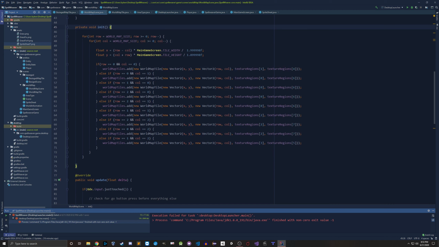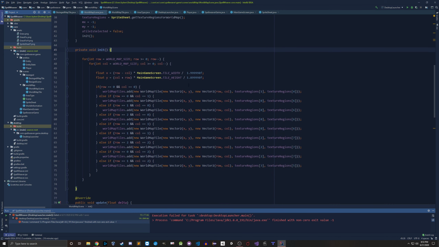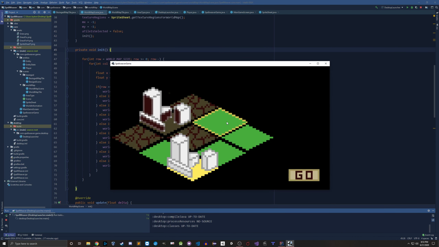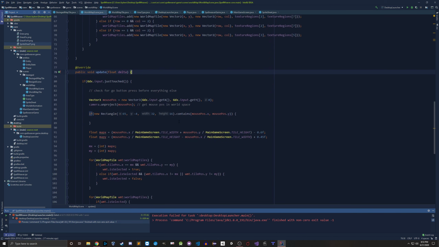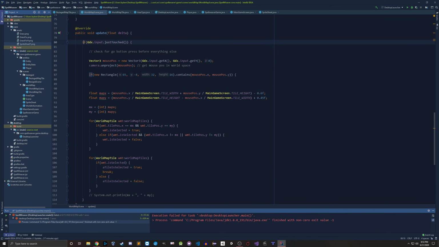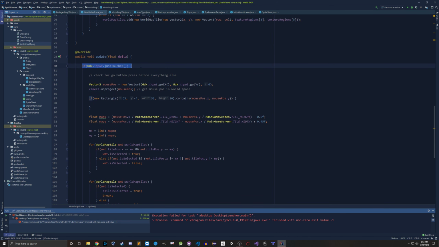So once you've got your tiles set up with the correct texture that you want to draw to the screen and the correct position using the math there, how do you detect that you've clicked on those tiles? All right, cool. And that's what I'm going to show you up here. So you can use this method if